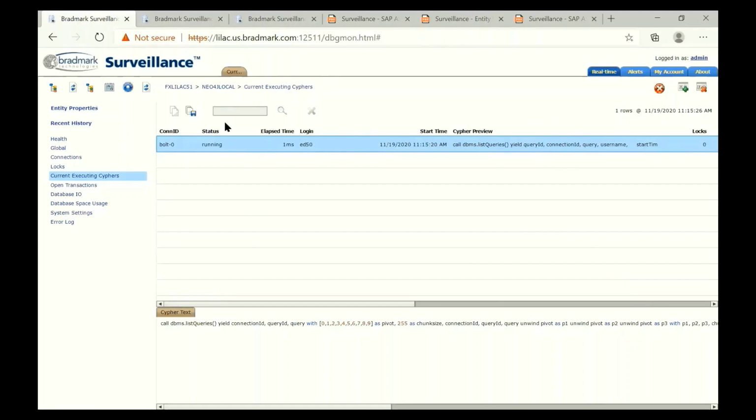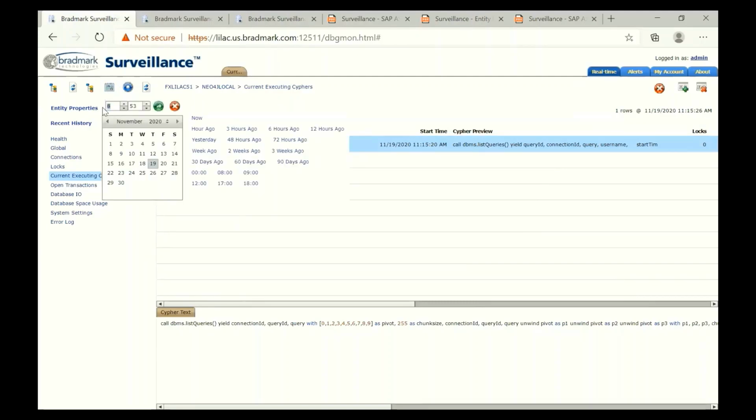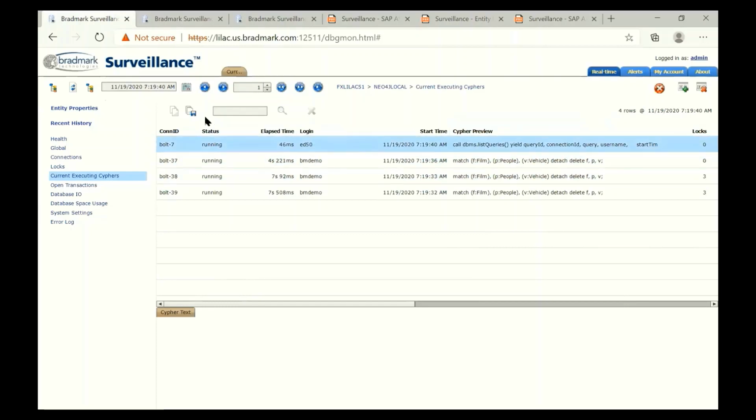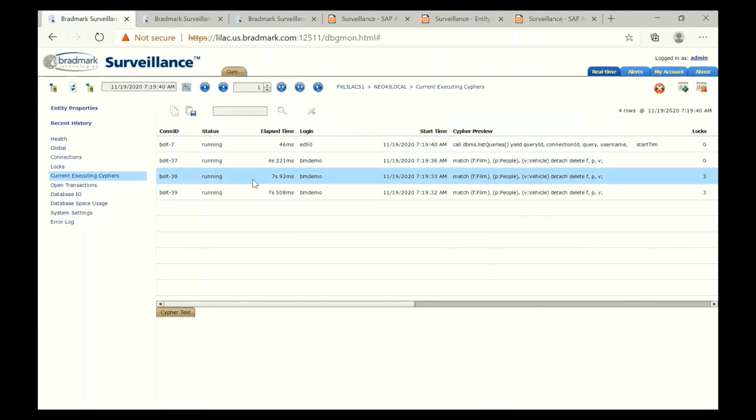Now, if I wanted to, I can also go back in time. We can use our flashback feature to go back in time. I can go up here to the upper left and hit flashback, and I can go back to a time this morning that I had some issues going on. And I think actually I have to go a little bit further. And here we go. So at this particular time, 7:19 in the morning, I actually had a big set of